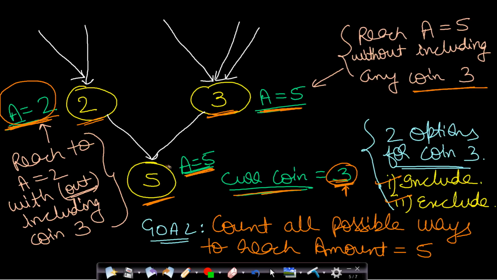Okay, so if you do not use it, then you will go to this point, because you need to find the same amount, but you are not allowed to include this coin 3. Okay, so this is one point. And the other option is, if you include one instance of this coin 3, then your amount to be found will be equal to 5 minus 3, which will be equal to 2. So you will move to this amount 2, and you can reach this amount 2 in two possible ways, and you can reach this amount 5 in 3 possible ways.